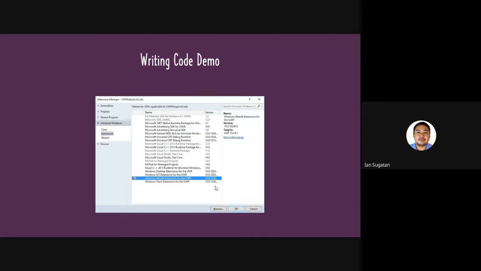So on writing the code, guys, we are going to have UWP adaptive code. For this, we're going to enable our SDK for the Universal Mobile Extension for UWP. But for the latest version of Visual Studio, I think it's already activated for the extensions. If not, this is for mobile extensions, no? If ever that we're not going to run for mobile devices, I think we're going to continue with desktop applications only. So anyway, guys,